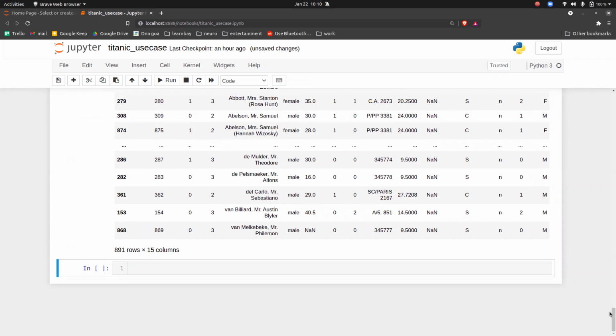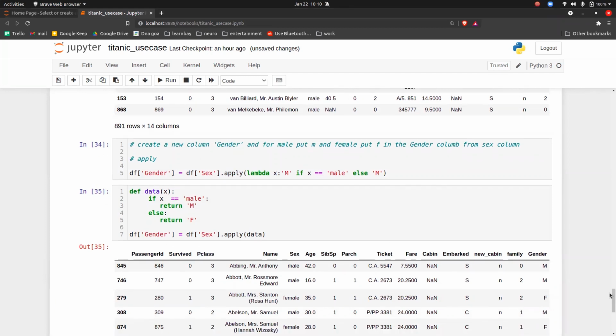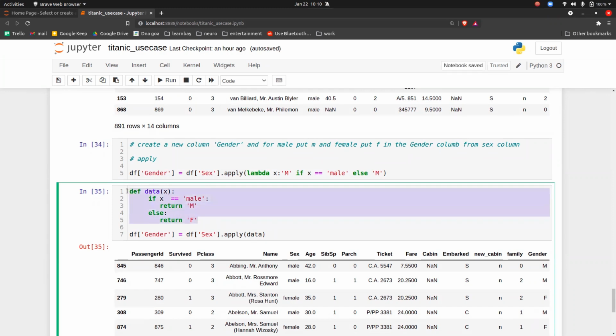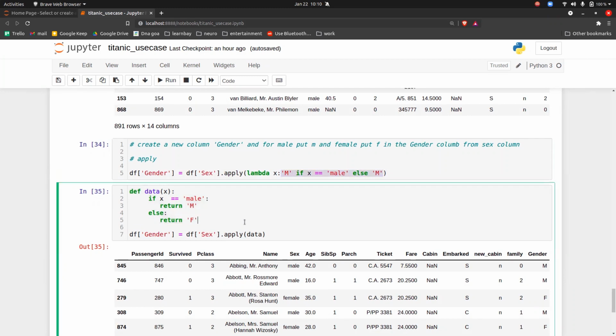Can we use a dictionary inside the apply? For example, when there are more categorical values, not just two like male and female, and we want to give it a mapping. For that, you have to write your own customized function. In apply, the problem is that it can only take one or two statements at a time. So if you have many things, then you go with your customized function where you can put a dictionary and a mapping there. So you have to write code for it.